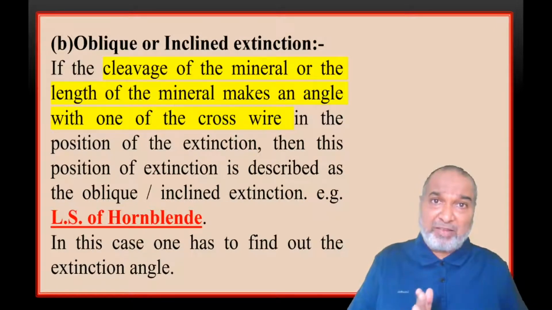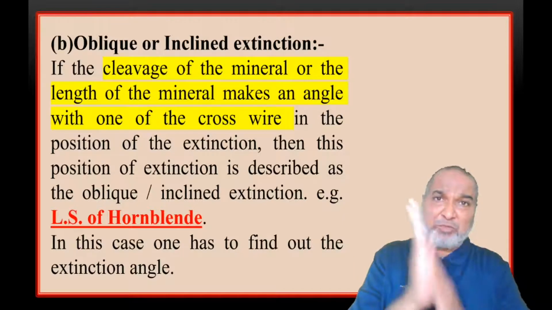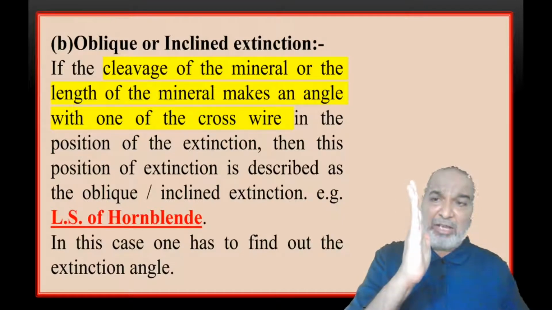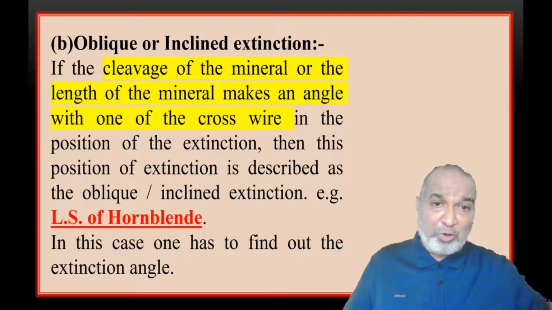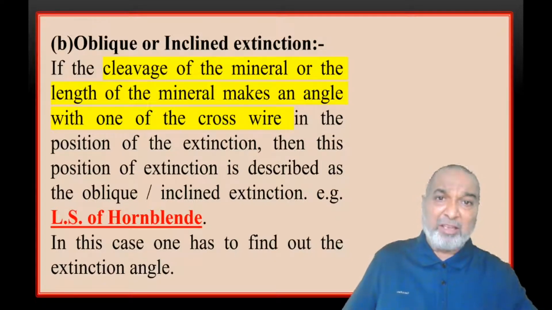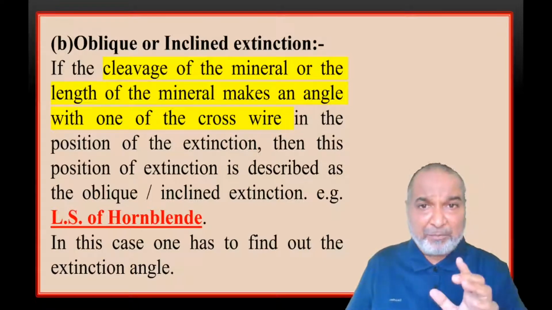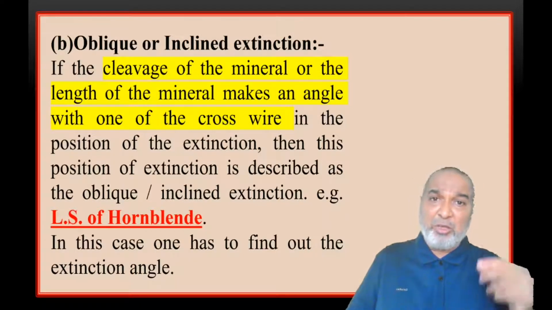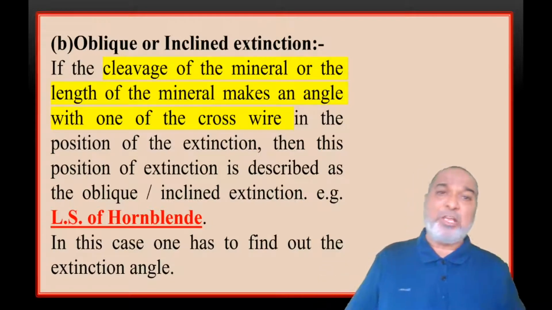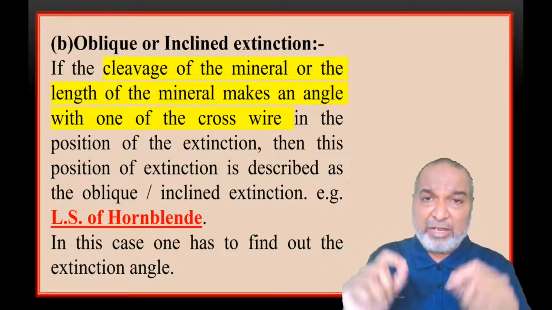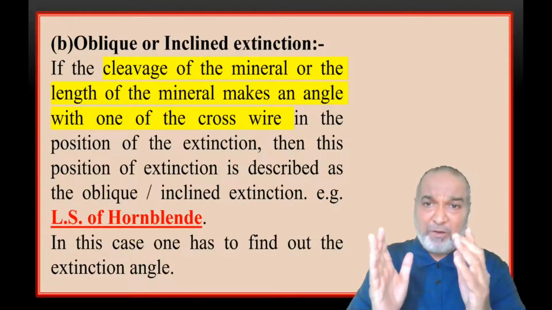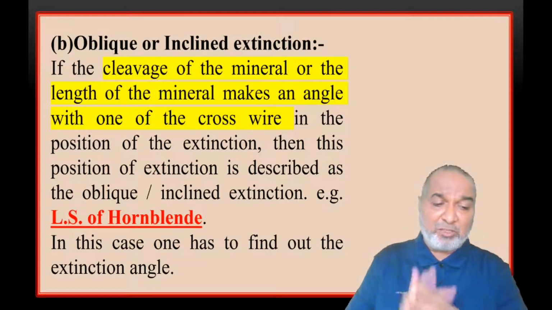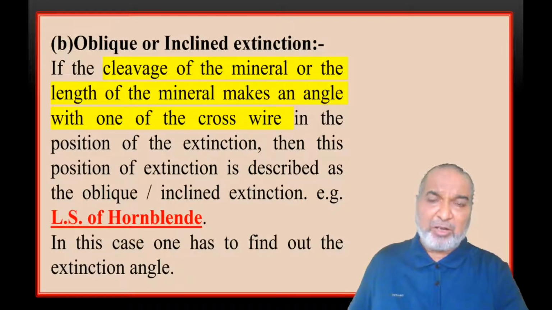Again in plane polarized light, you will find the position with the vertical, because the starting angle is with the vertical. We will find that now the mineral is in this position, which means it is making an angle. So again with the vernier scale, with respect to 0, take down the reading, and that is your final reading. The final reading minus your initial reading will give you the angle of extinction. It is clear now. This is the way you have to find the angle of extinction for the LS of hornblende or LS of augite, or the other minerals also.